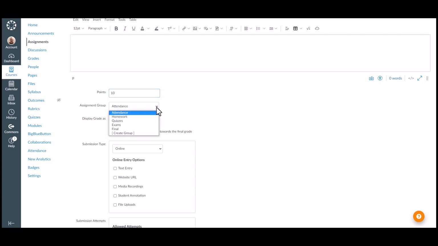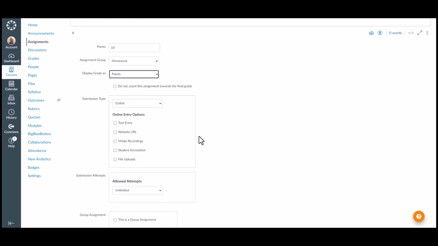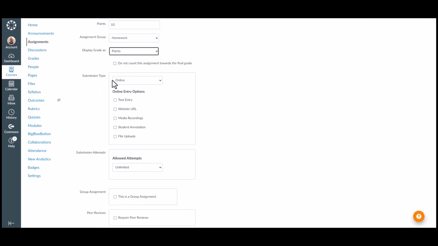Assign a group. We're going to assign this to a homework group that we have already created. Display grade as either percentages or points, and let's go ahead and leave this as points. Submission type, we are going to allow for uploads,